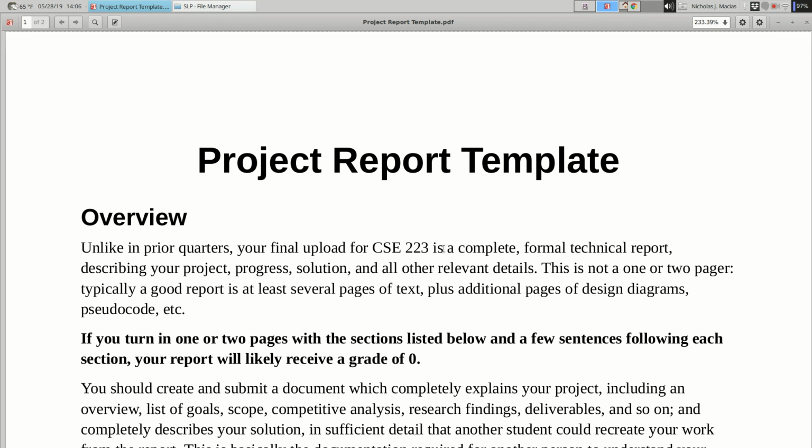The goal here is you can assume your reader is competent in whatever they need to be competent in: Java programming, digital circuit design, whatever area, but they know nothing about your project, okay? So they understand whatever they need to understand to be able to do what you're doing, but they don't know any specifics about your project. This is about your project, okay?